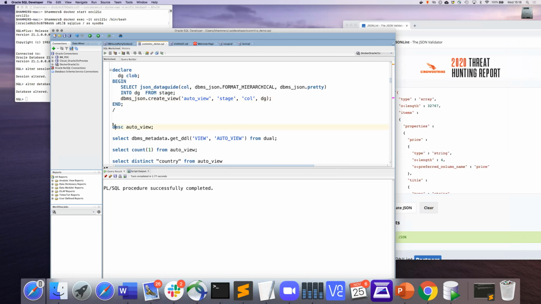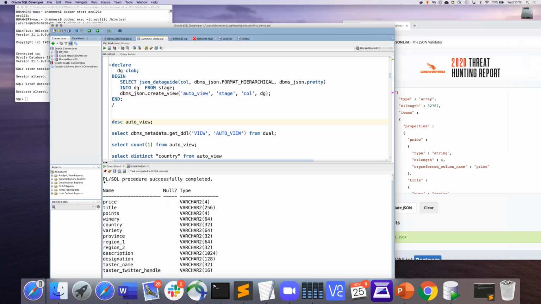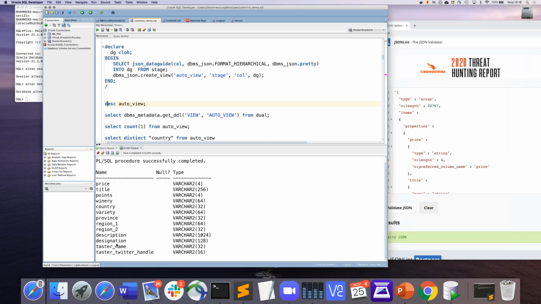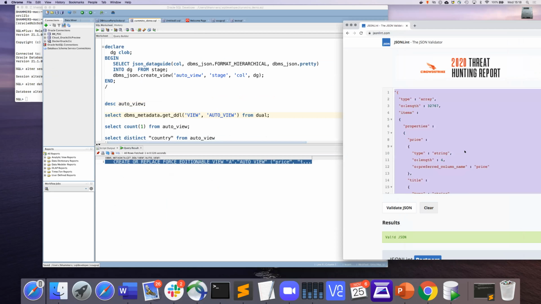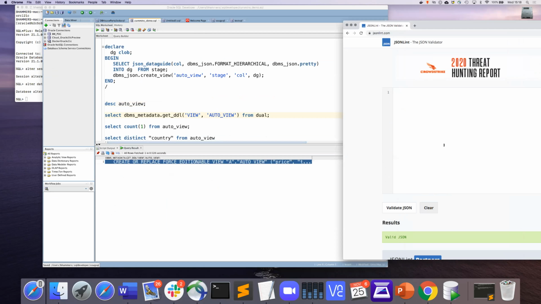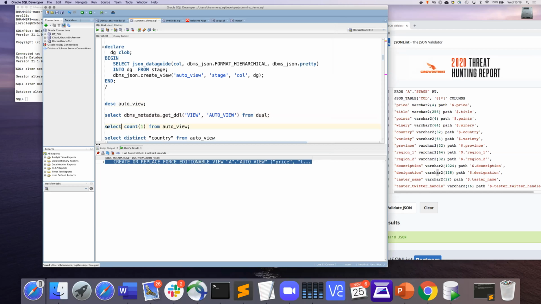So let's describe this view. And I see here that each of my JSON field names is now a column name. And if I do a DBMS metadata get DDL, let's just copy it in here, what you see here, there is a JSON table statement, and all these path expressions and data types have been auto-generated.